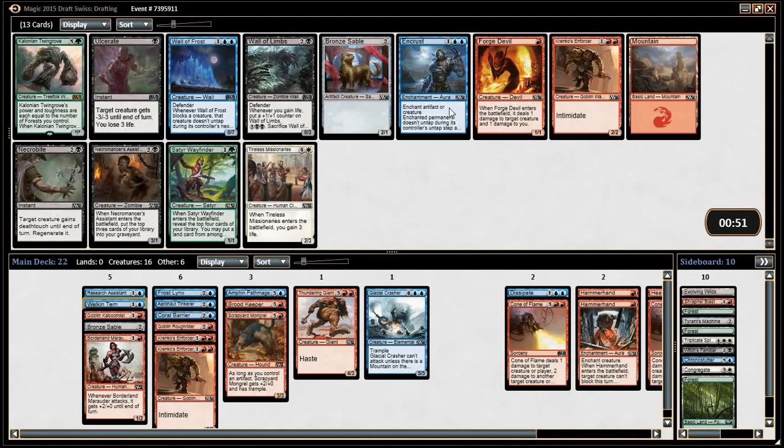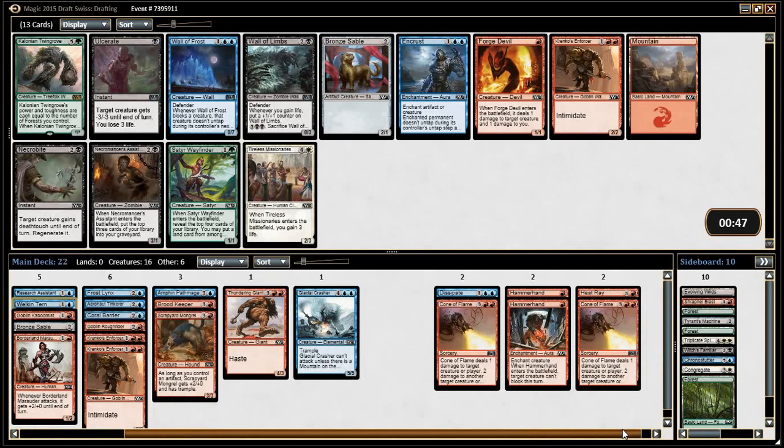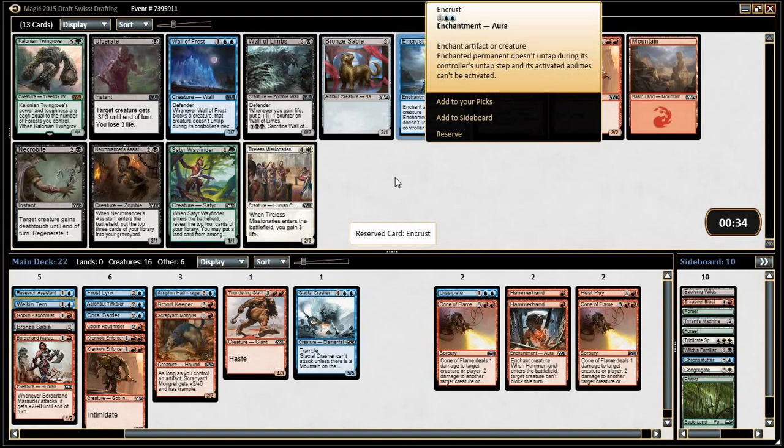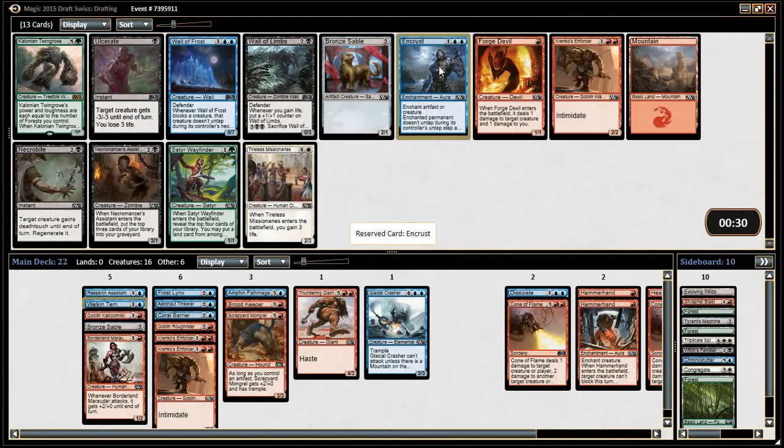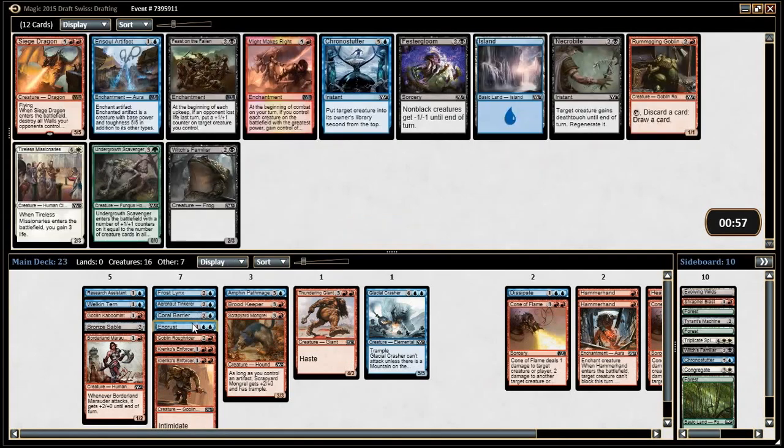There is another Bronze Sable. Or do we take the Encrust? We need removal. I don't think we do. We've got double Cone of Flame, and Heat Ray. No, I like Encrust. Could you zoom in on Encrust for me? There's a thing about Encrust that I always forget. Let me zoom. There you go. Its activated abilities can't be activated. It beats Souls. I like an Encrust here. Enforcer's really good, but...